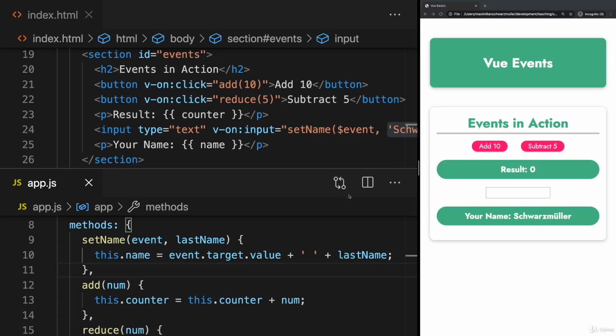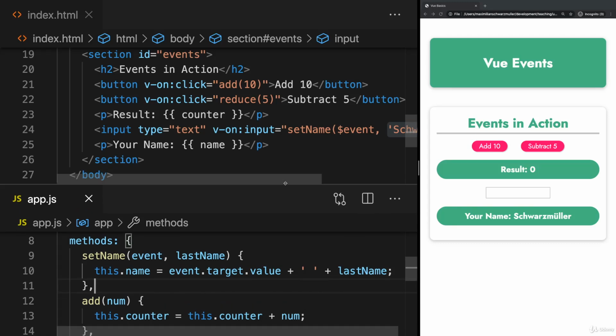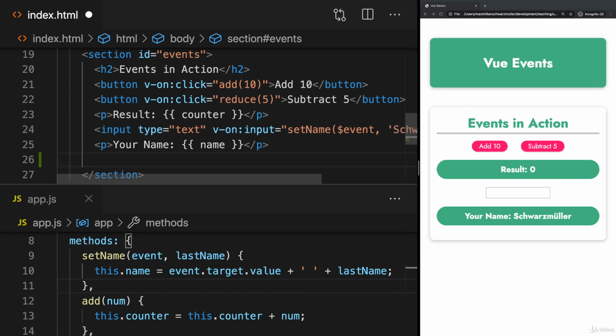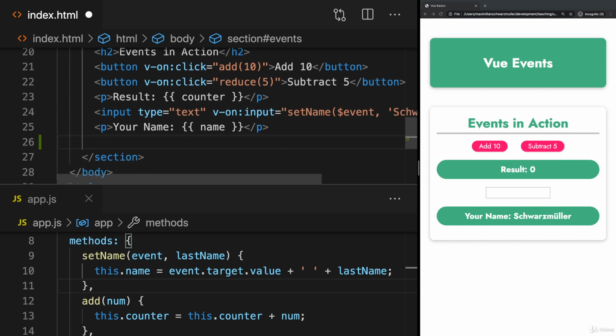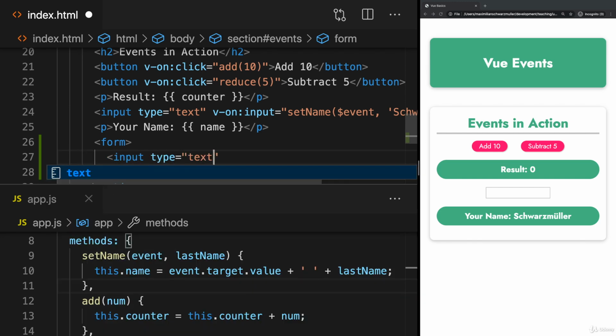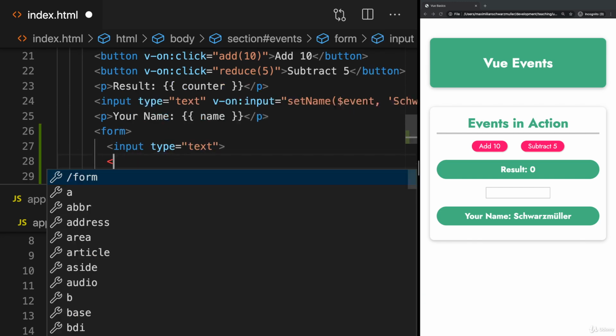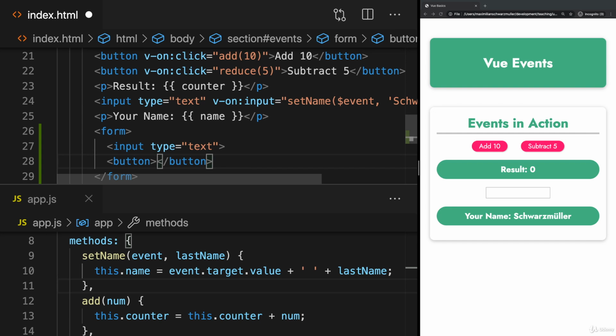Now that we got the basics about events down, let's talk about event modifiers, which is another useful feature built into Vue. Here's an example for an event modifier that can sometimes be useful. Let's say you had a form HTML element. In there you had some input